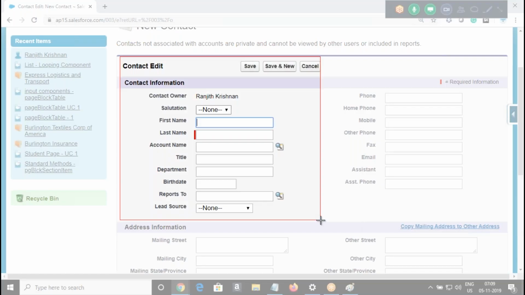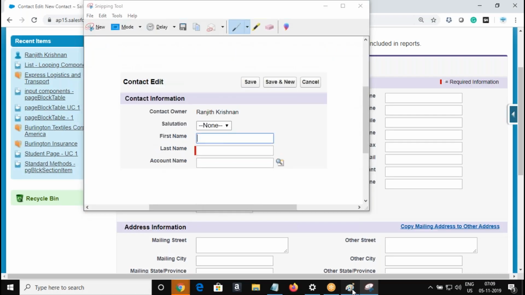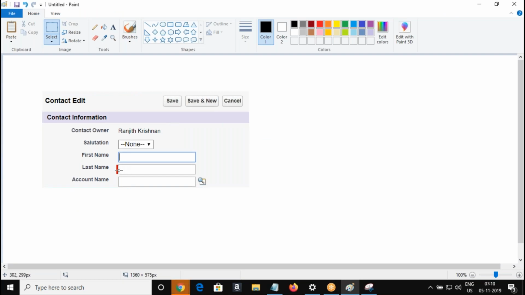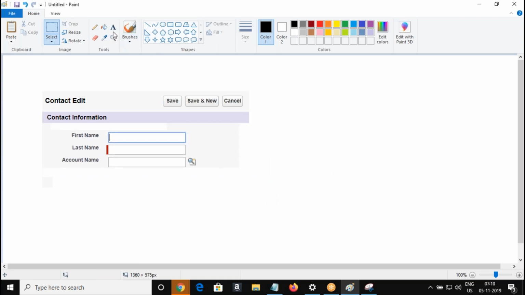I need to create a Visualforce page similar to this to get a contact for an account. So I will create this type of page.